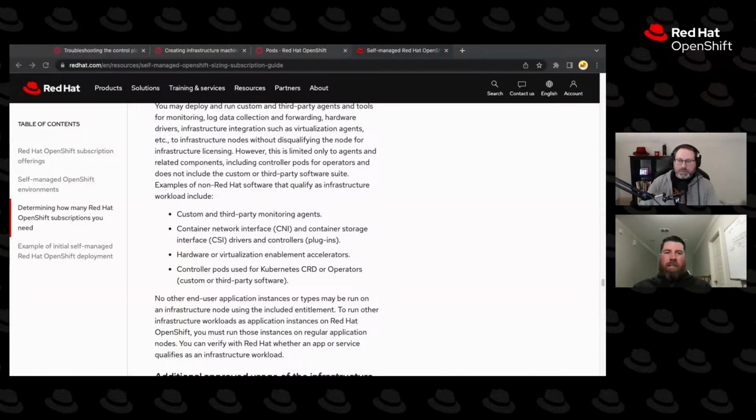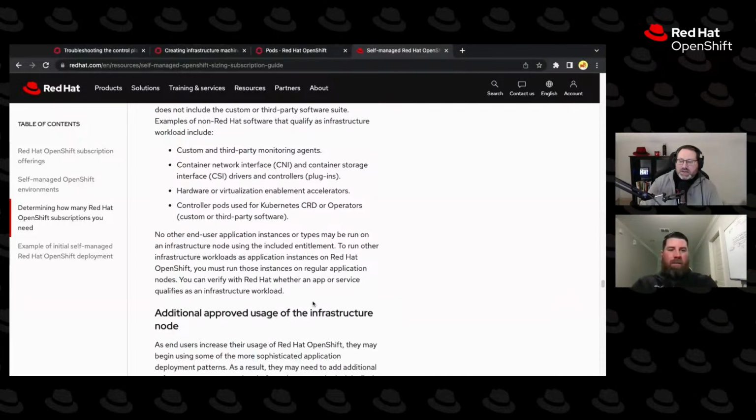Yeah, that's what I was going to say. He asked about an Nginx ingress controller as an example. In my mind, that makes sense, that would be on the infra node as a controller. But definitely reach out to your account team and let them go fight the fight for you. Make sure that it's supported before you. Yeah, and there's other things like